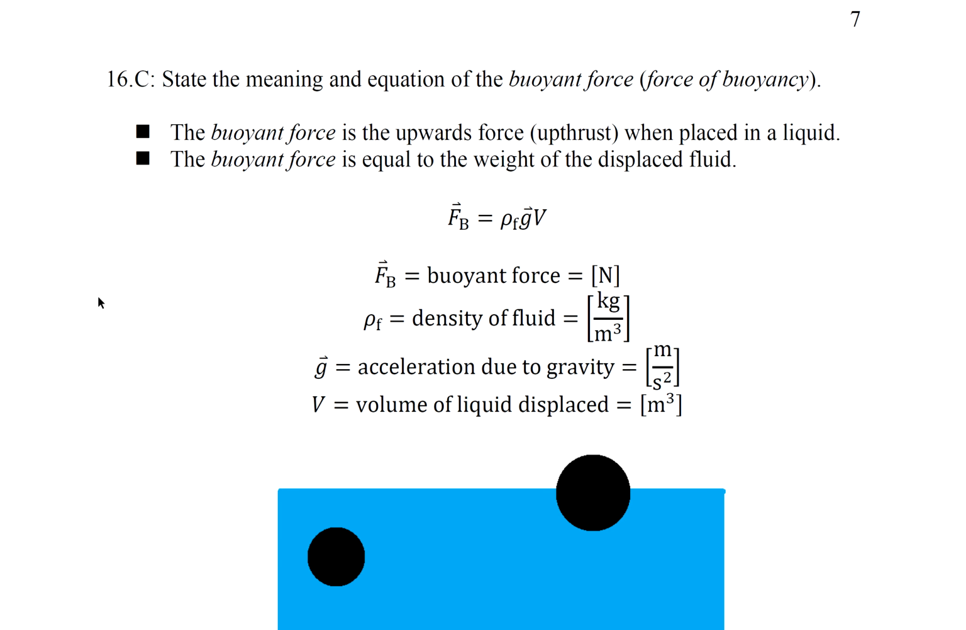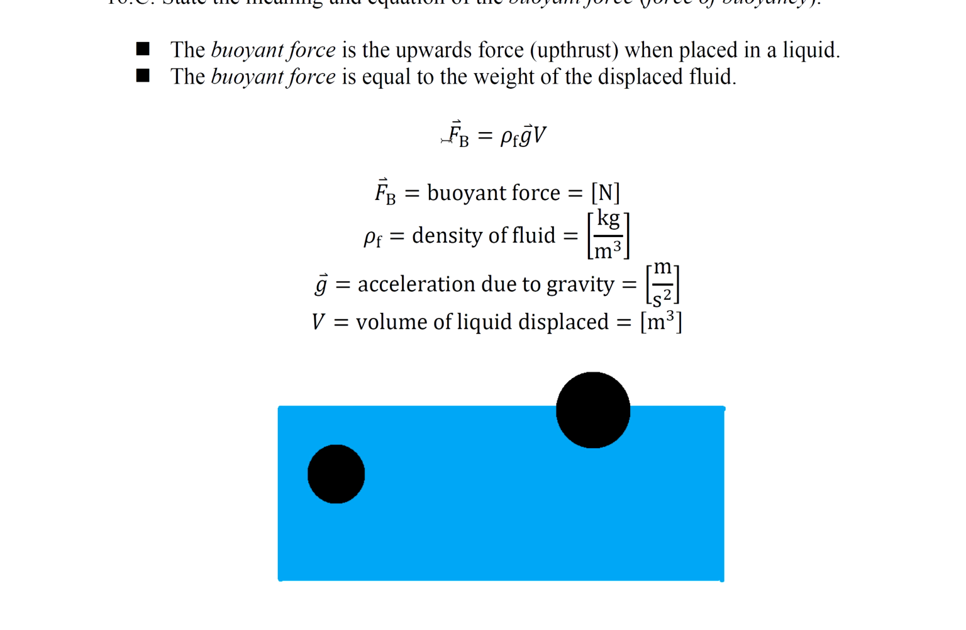Question 16. State the meaning and equation of the buoyant force, the force of buoyancy. So the buoyant force is the upward force when an object is placed in a liquid. The buoyant force is equal to the weight of the displaced fluid. So force of buoyancy equals rho g V,